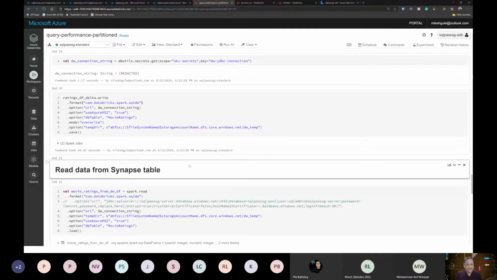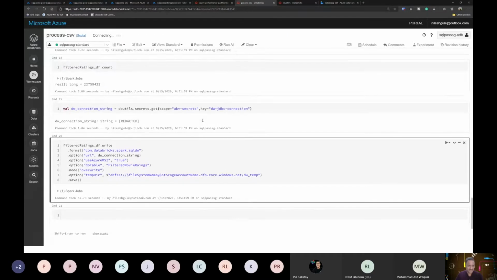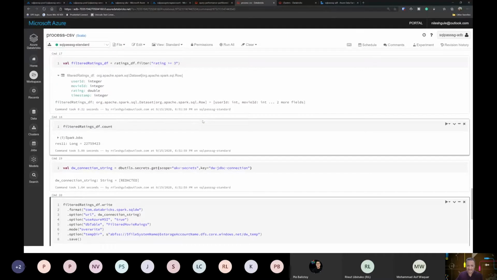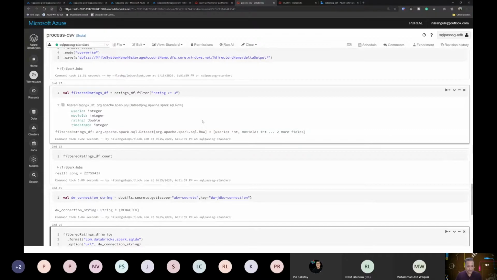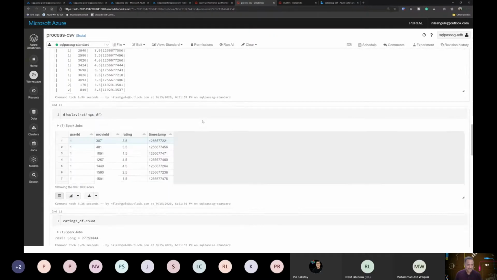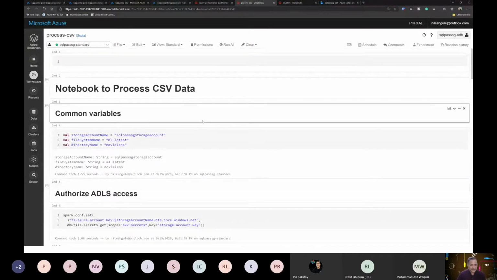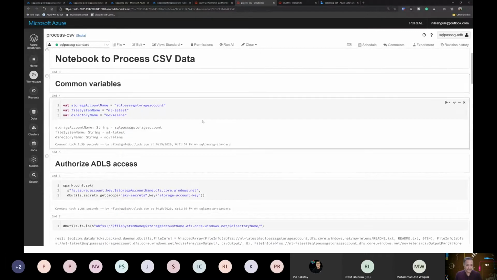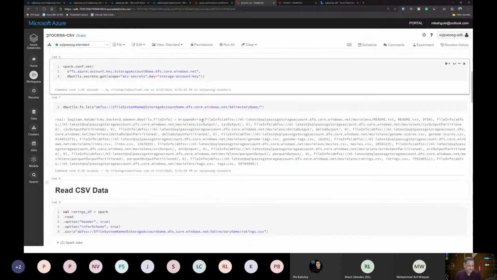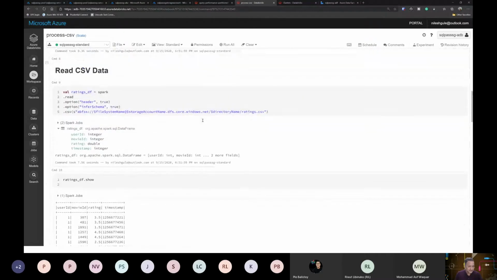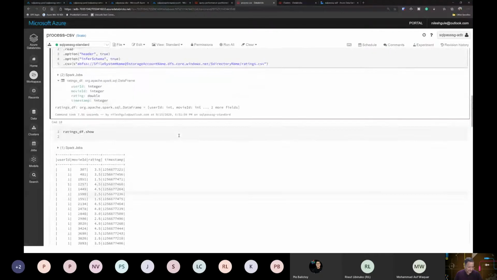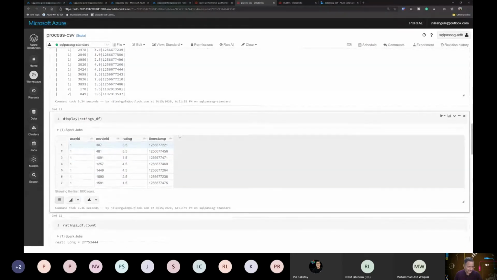So I'm going to extend that same example, the processing of CSV data, the MovieLens data set, and add the flavor of SQL data warehouse into this. In this notebook, I'm processing the ratings CSV file, and I go through reading the CSV file, and then I do a filter here.